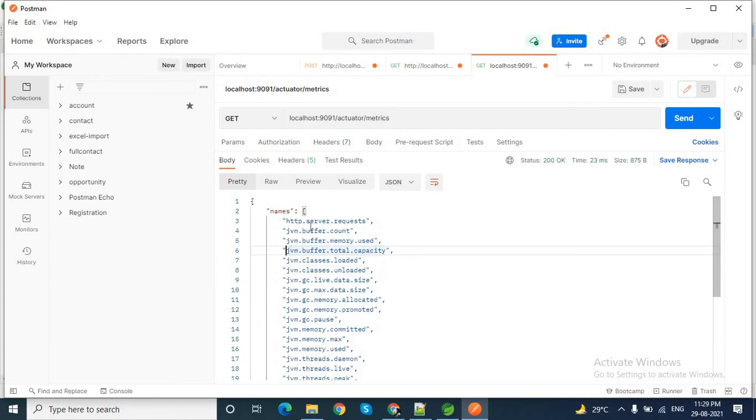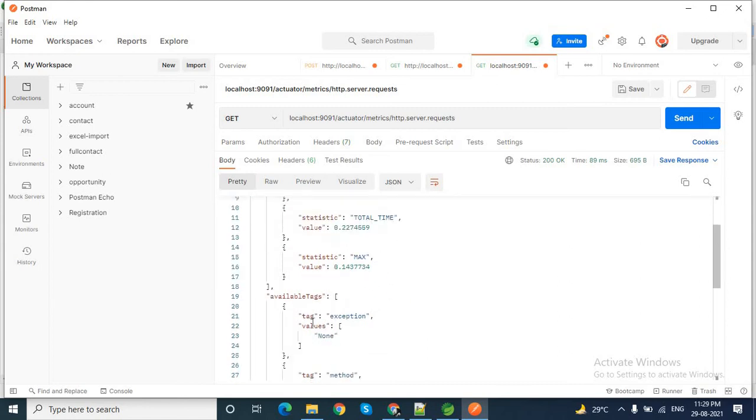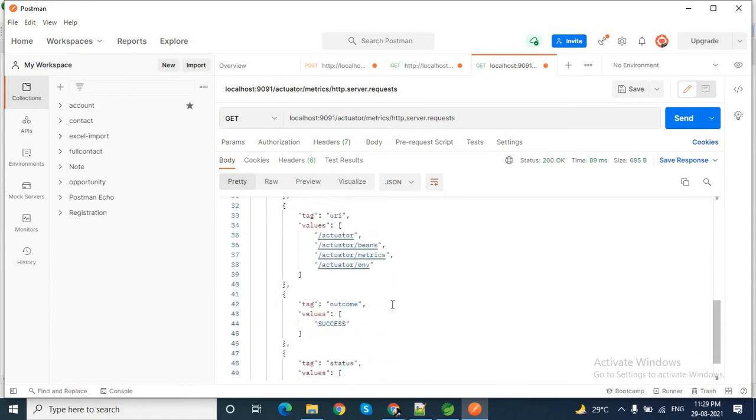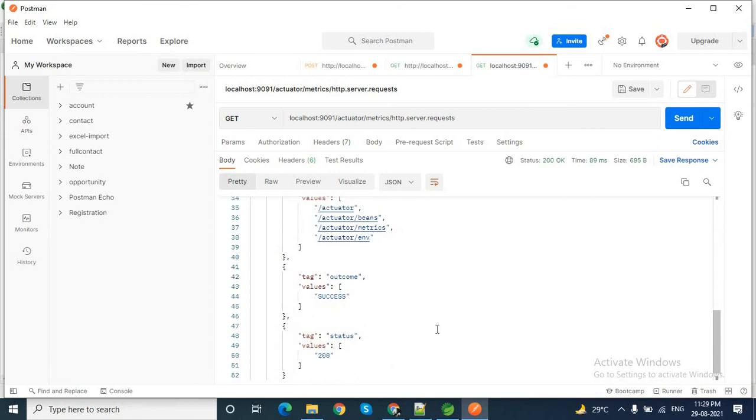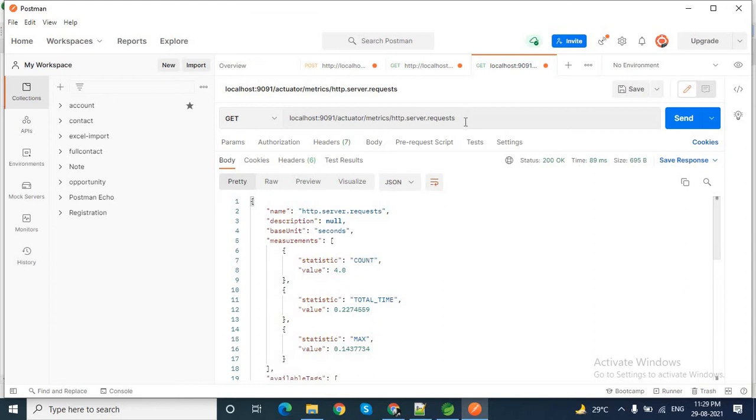Like if I want to see http.server.requests, just copy this one, metrics slash this one, and click send. You can see the statistics, total time taken, and available tags. You can find out like this.